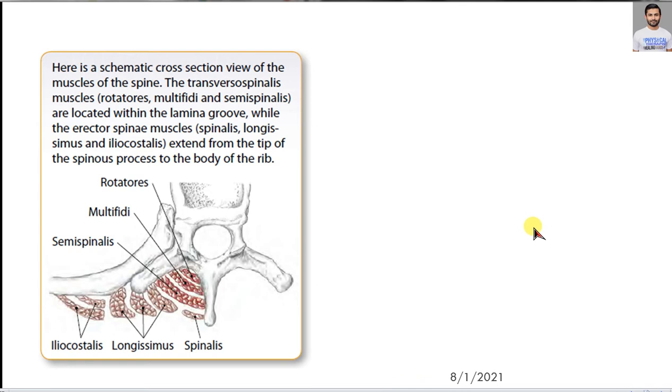In this picture, you can clearly see the small muscles. The deepest muscles of the spine are called the rotators. Then you can see the multifidus. Multifidus is the second deepest muscle, and then you can see the semispinalis and the spinalis. Semispinalis runs between the transverse process and the spinous process, and the spinalis only runs between the spinous processes. Then you have longissimus and iliocostalis. The most lateral muscle is the iliocostalis. Then if you come medial, longissimus, and then deep to the longissimus is the semispinalis or spinalis, multifidus, and rotators.